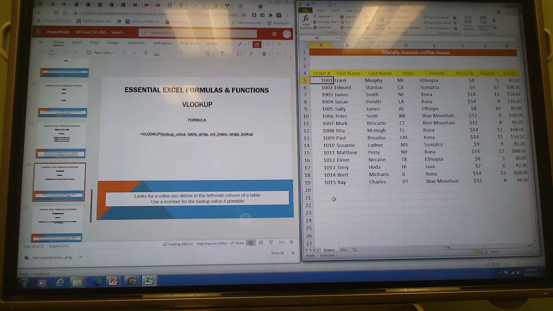I'm going to put the VLOOKUP value here and say equals VLOOKUP, then open parentheses, A5, and then comma, the table array,